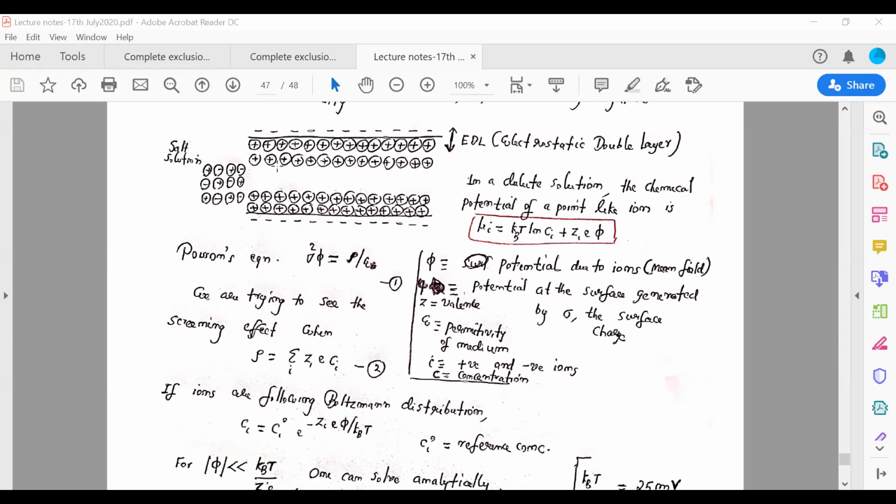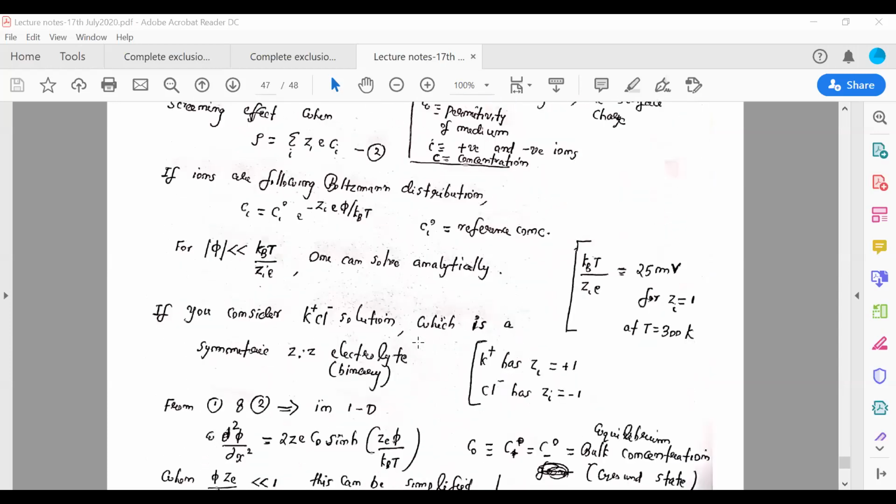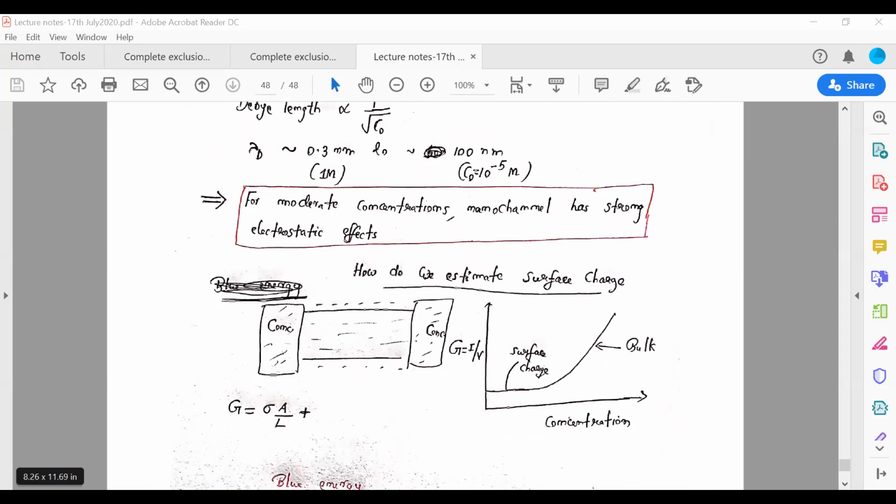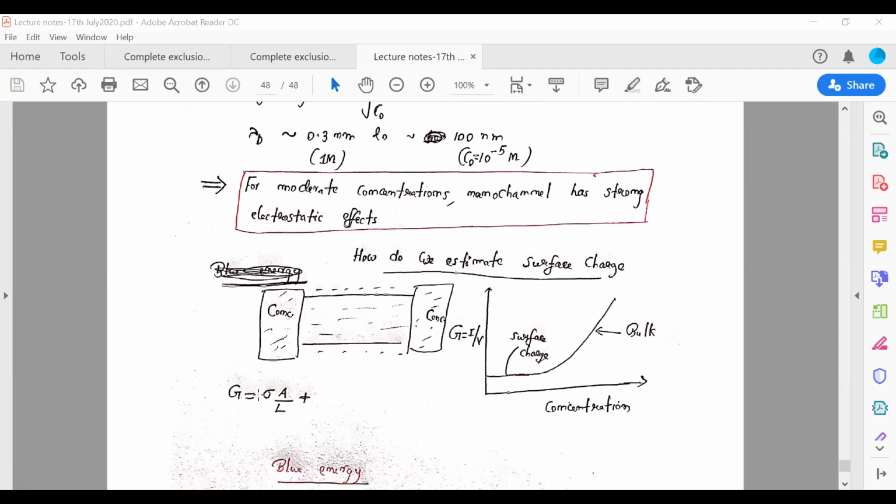But if you have higher concentration, that means you don't see the effect of surface charge. Whatever the ions which are going is independent of surface charge. So it only sees the actual area of the channel which we discussed. So it is governed by the bulk conductance. I forgot to write the surface charge conductance. So this is the bulk conductance. This is what it typically looks like, the bulk conductance.